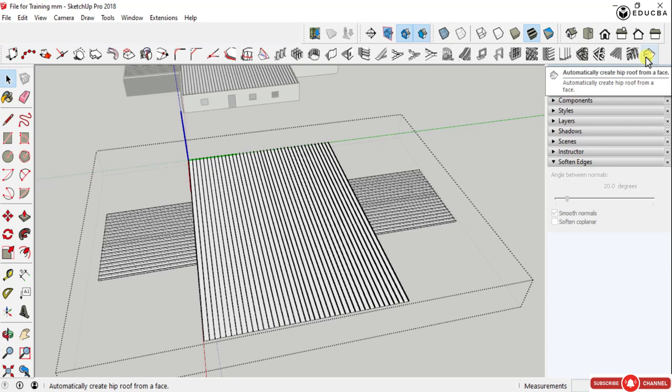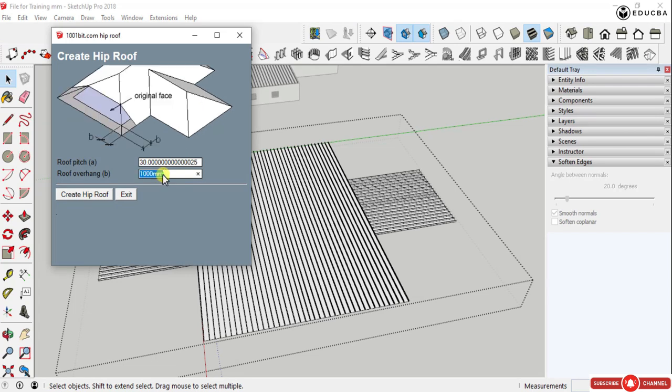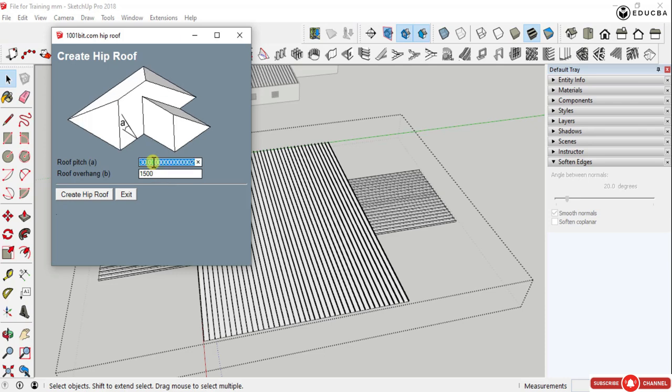So now I'm going to use another option, before which you should also know how to first create a hip roof and then come to making the purlins and rafters and the other members of the roofing surface. When I click here, it's very simple to operate. The roof overhang, that is the roof that comes out, I'm going to make it 1500, and the roof pitch is going to be 30, which is also the basic and default one. Here I'm going to create,